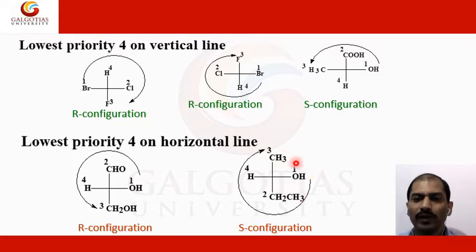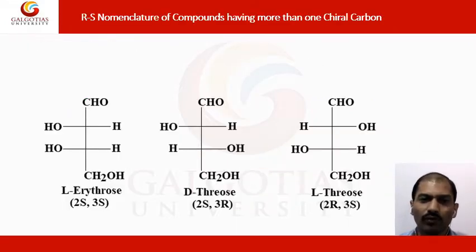In case of another molecule, similarly it looks like rectus from assigning 1, 2, 3, 4, but it is not exactly the rectus or R configuration. It is the opposite of that, which is the S configuration of that molecule. So here there are many more examples you can see by assigning the different chiral centers. So these chiral centers can be assigned in the same way.